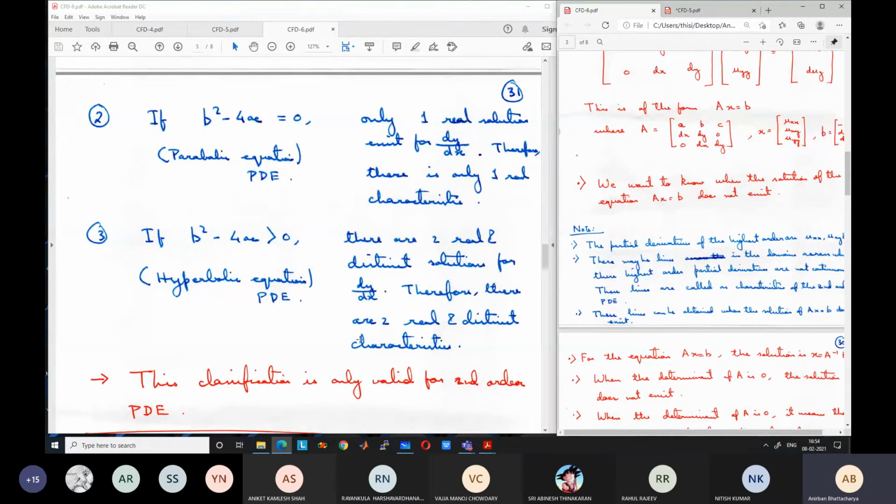But this is just general information. From the next class, we will start discussing actual CFD, things related to actual CFD. Before this, we are just going through the basic mathematics, like governing equations and PDEs. Then we will start with discretization from the next class. Anyway, let us continue today. Any questions?